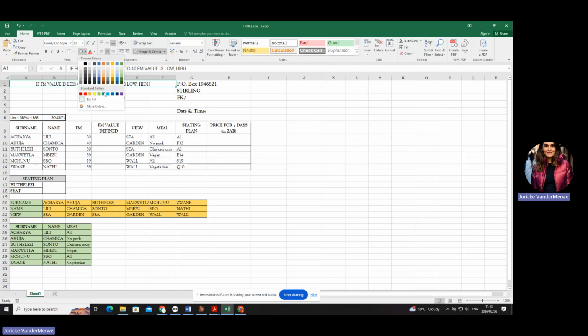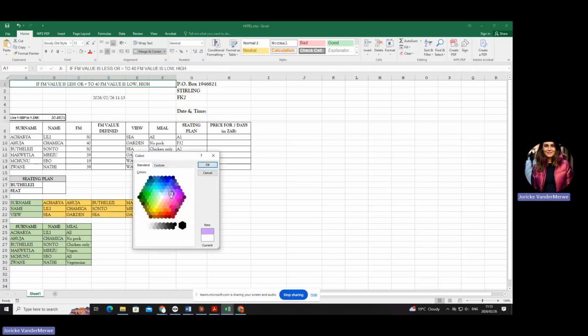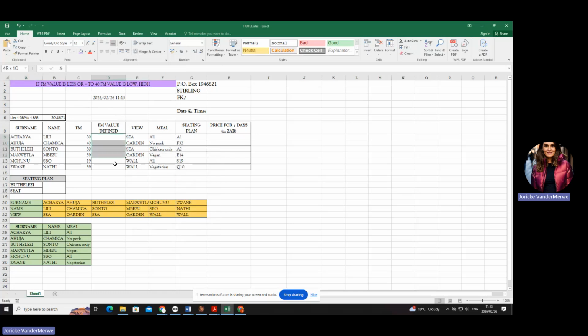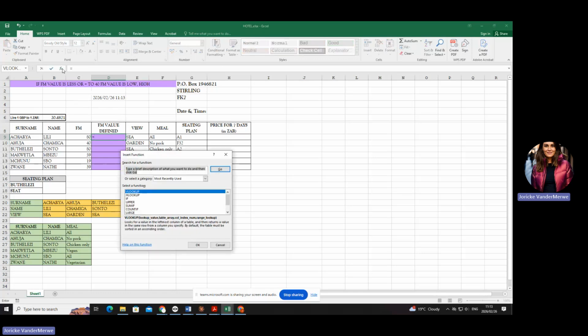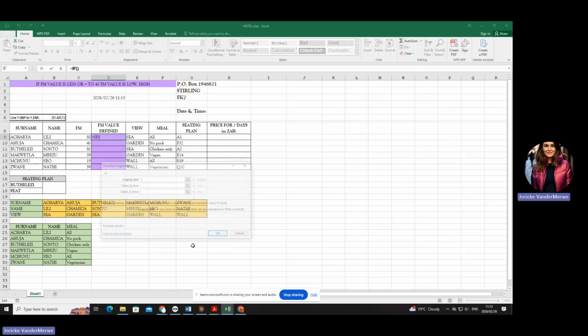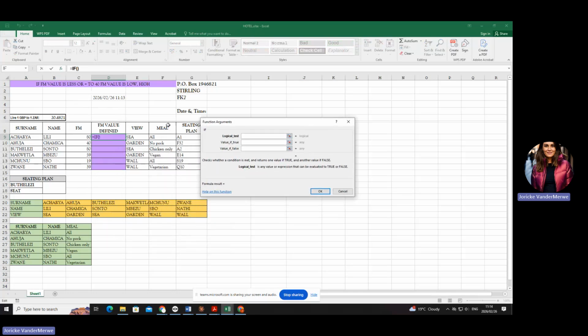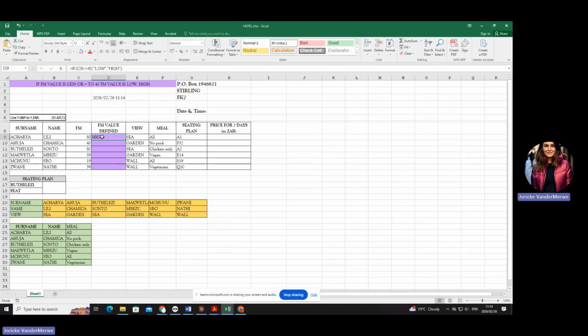Are you with me? So let's make that our IF function. That's the question I'm asking you. And we're going to calculate it here. All right. So how do I do a normal IF function? I say equals. Then I go to fx. Then I say IF. What is my test? My test is if this thing is bigger or smaller than or equal to what? To 40. Then what must be the value? I wanted to say it's low. Otherwise, it's going to be displayed as high. And I'm going to say okay.